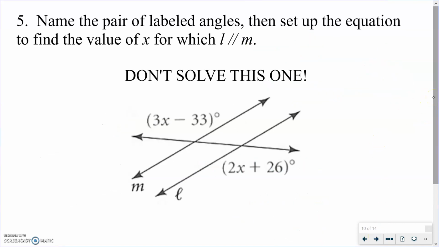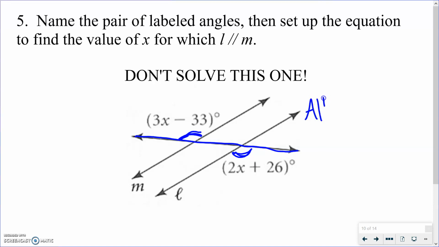Okay, this one, we're looking at these two angles here. Same thing. Oh, I see they're on alternating sides of the transversal. So this is our transversal line. And to make L and M parallel, they need to be congruent because they're